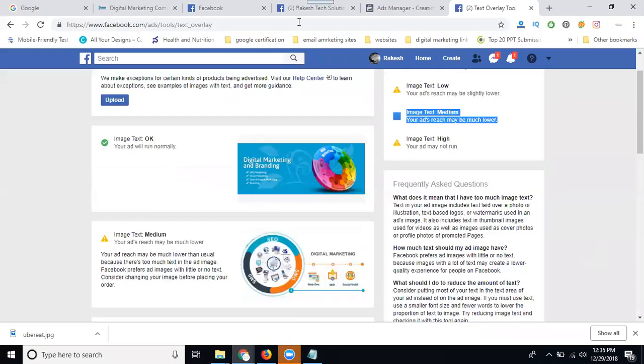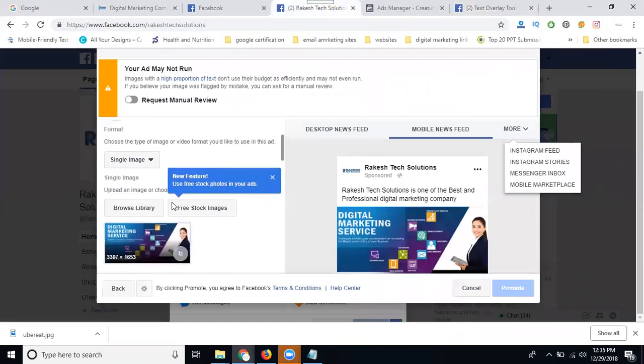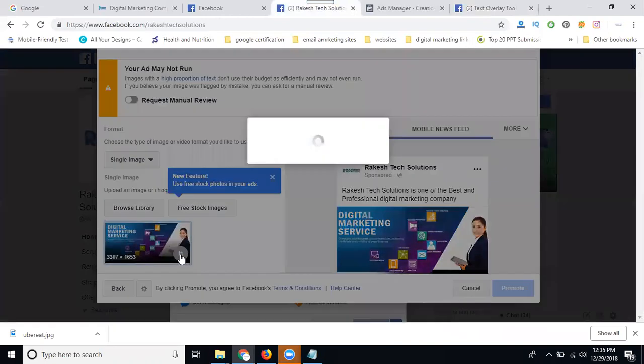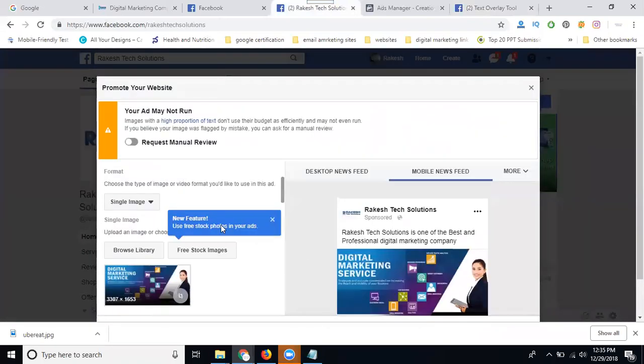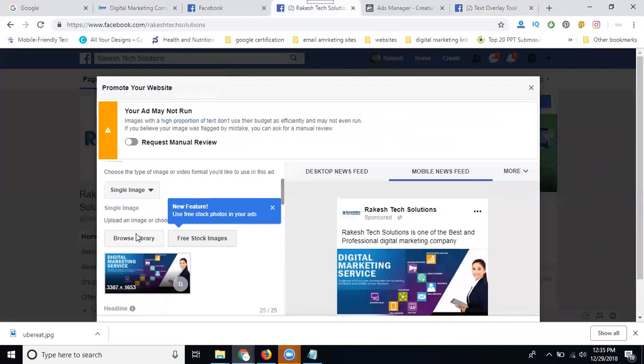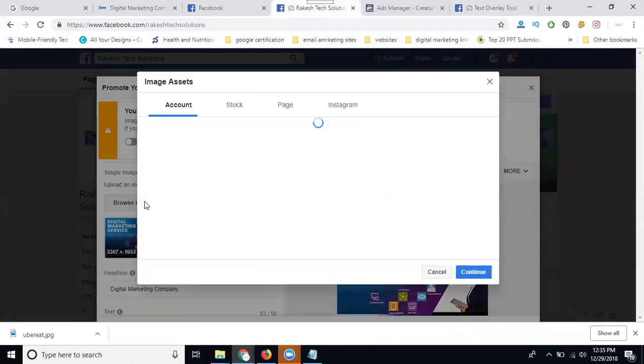So just go to your ad, where it will show select image here. I'm putting this image, cancel, browse library. I am using account images.